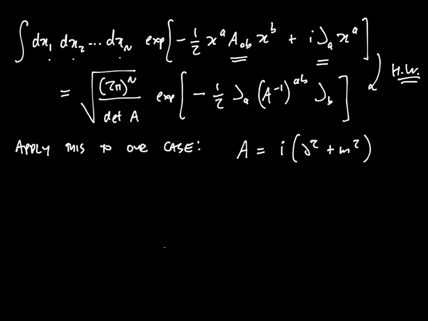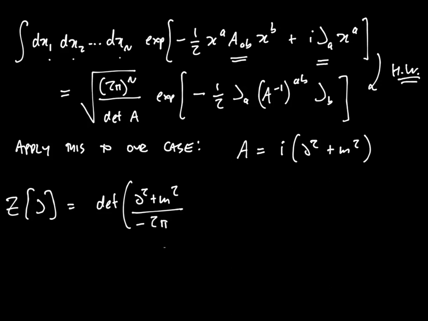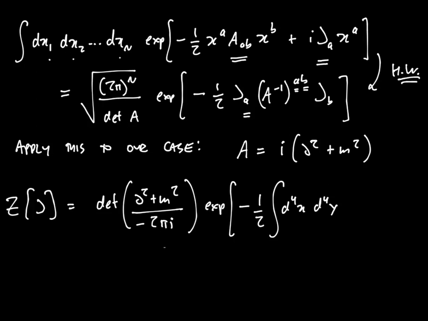So, the answer to our functional integral Z of J is the determinant of the thing that's like A, in other words, d squared plus m squared, being careful about factors of 2 pi i, times the exponential. Again, over here, we sum over little a, which sums over all the indices. Those sums are replaced by spatial integrals. And so we just get d4x, d4y, J of x,